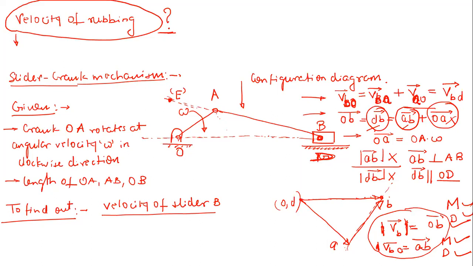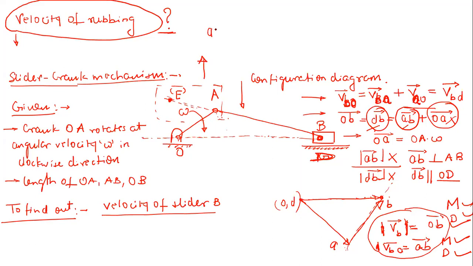So can you calculate the velocity of point E? I think now this is very much easy. How are you going to calculate this velocity of point E? Just tell me quickly. So first we find the position of point E on AB. Right. So how are you going to find out this thing? So see, for this portion, what you need to do? What was your equation which is going to find out the location of this point E?